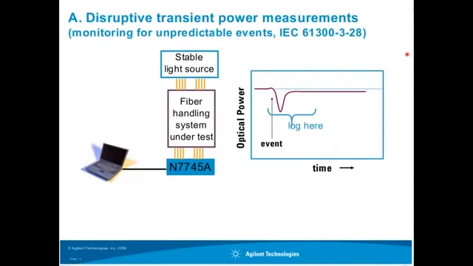So first, this testing according to the IEC 61300-3-28, that's looking for transient losses due to fiber handling. A setup for that would have a stable light source applied to as many fibers as need to be monitored for this, and then most likely software to do this repeated logging for continuous monitoring, and simply watch the power as long as nothing happens, probably discard or decimate the data to a smaller amount that needs to be stored. And when something happens,